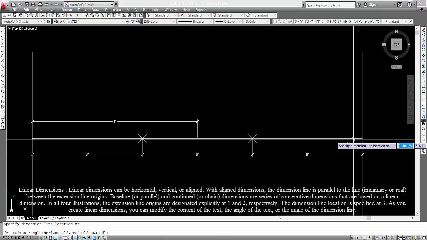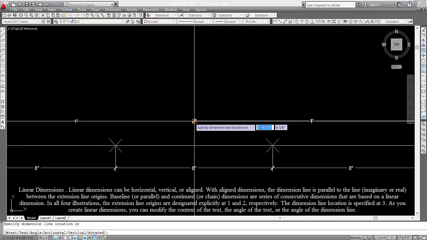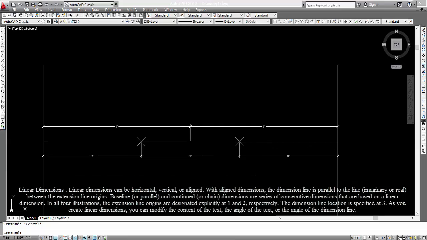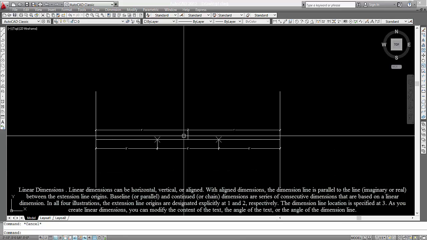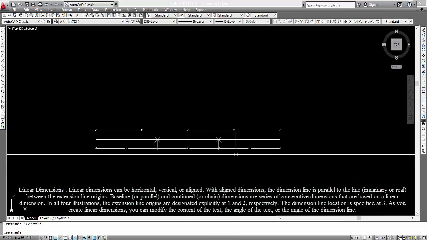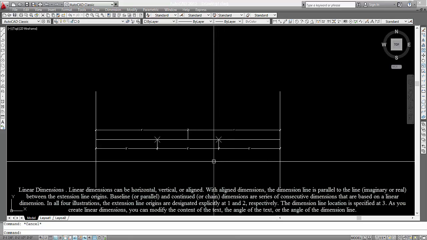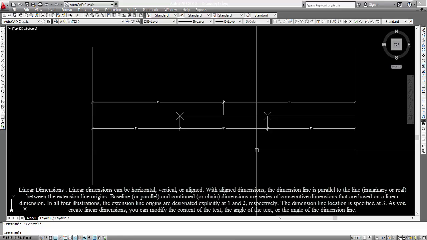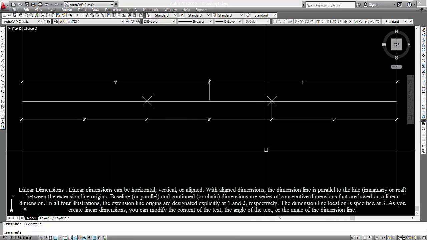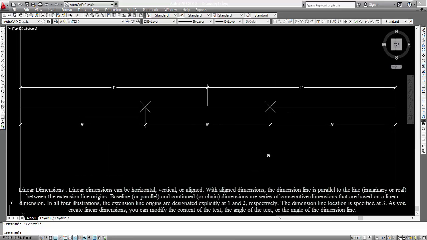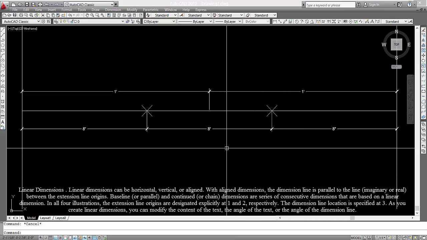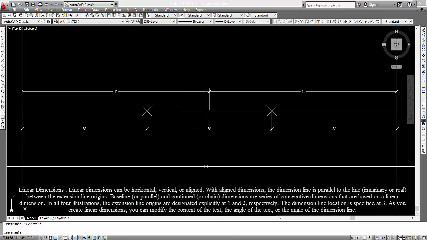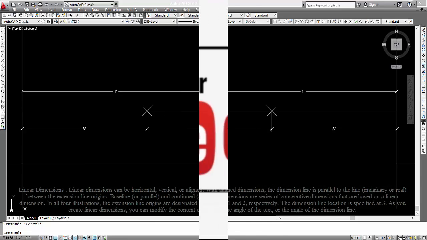In all four illustrations, the extension line origins are designated explicitly at 1 and 2, respectively. The dimension line location is specified at 3. As you create linear dimensions, you can modify the content of the text, the angle of the text, or the